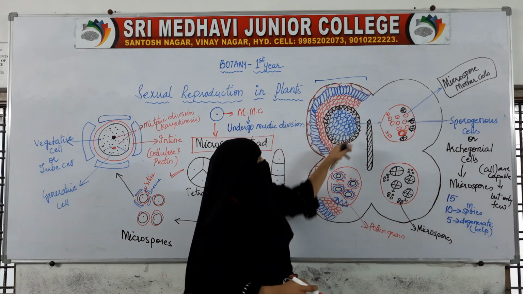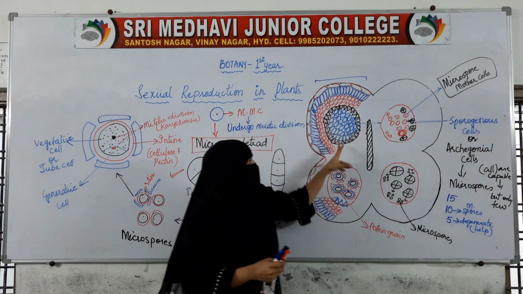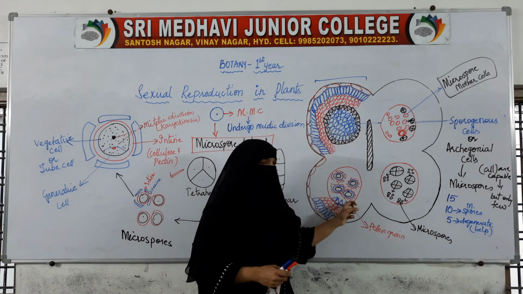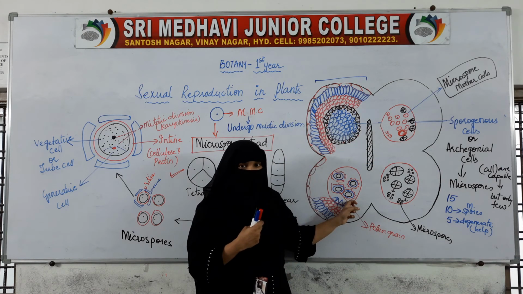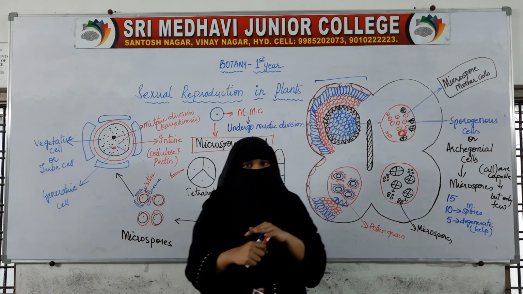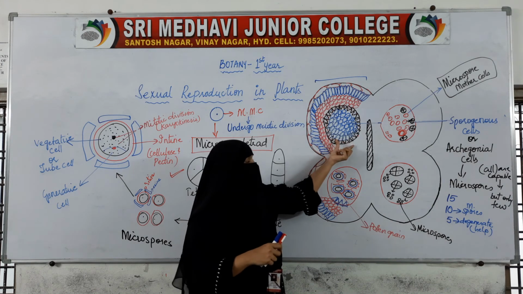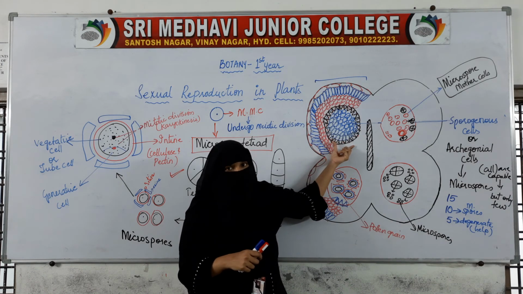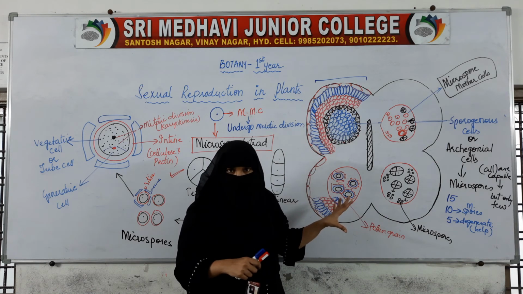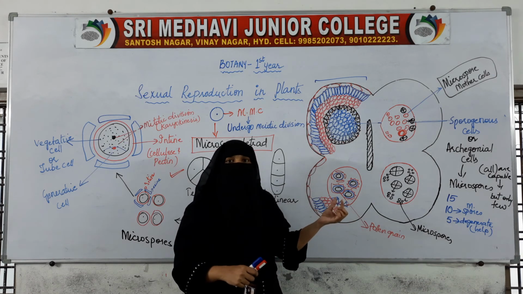and the sacs are called pollen sacs. Earlier this was called microsporangium. Now after the formation of these pollen grains, this structure is called a pollen sac. When the anther was young, this structure was called microsporangia. Now the anther has matured, it has produced the pollen grains. Now this structure is called a pollen sac.